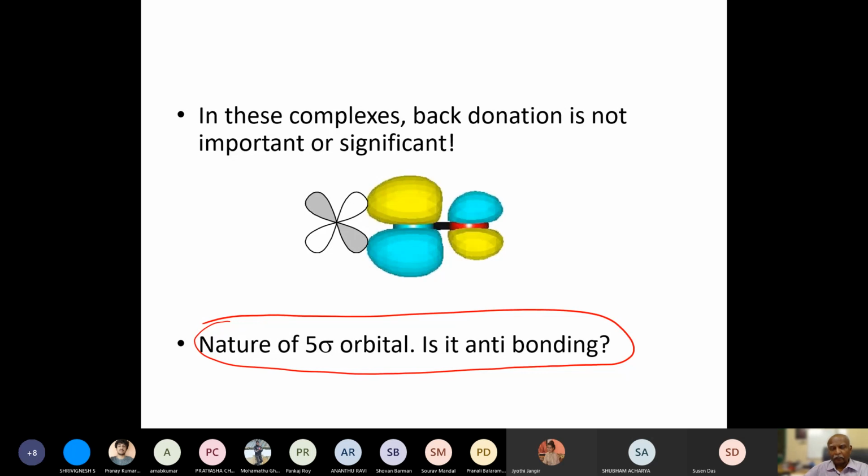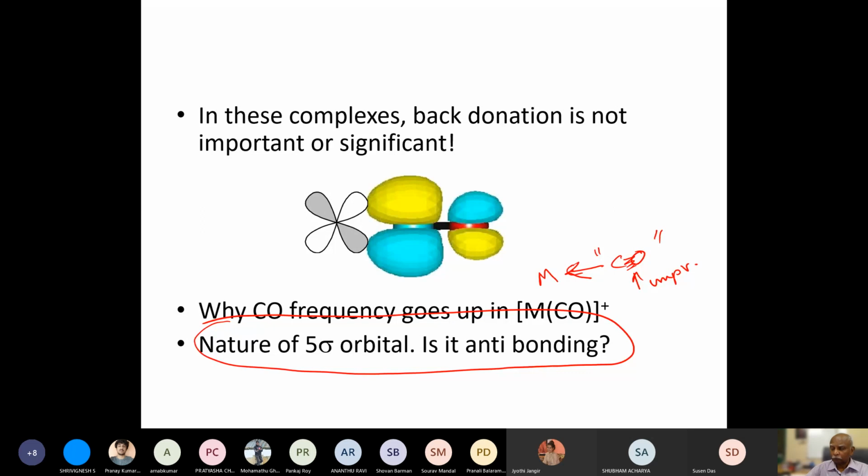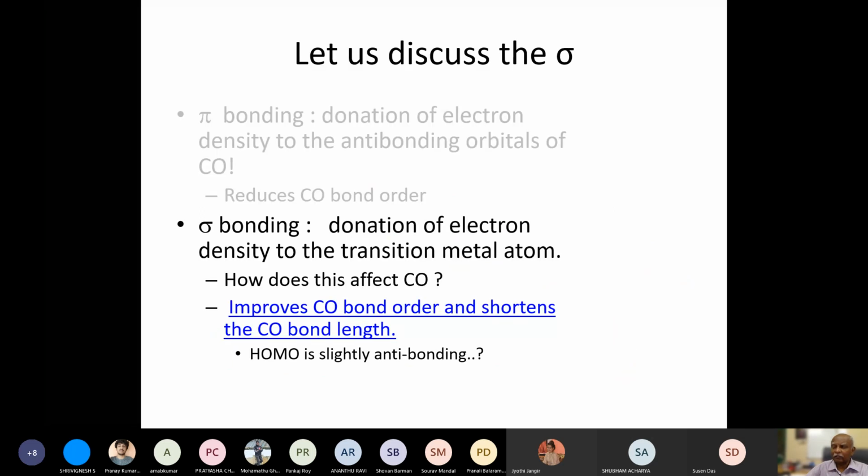If it is anti-bonding, then one way to explain this is that donation of electron density from the carbon monoxide to the metal would increase the bonding nature between carbon and oxygen. So carbon and oxygen bonding would be improved if I increase the extent of electron donation from the carbon monoxide to the metal. So this was the explanation that was given,